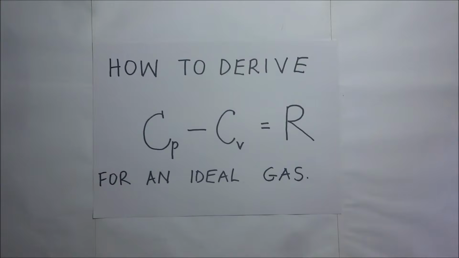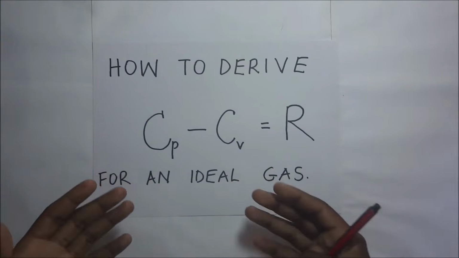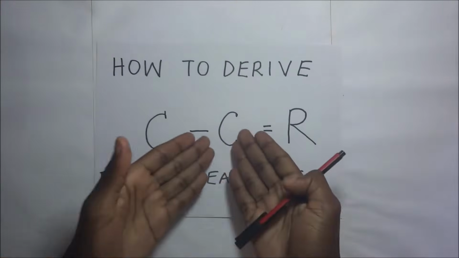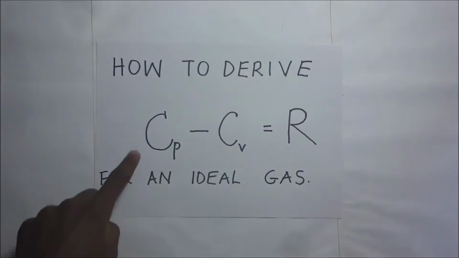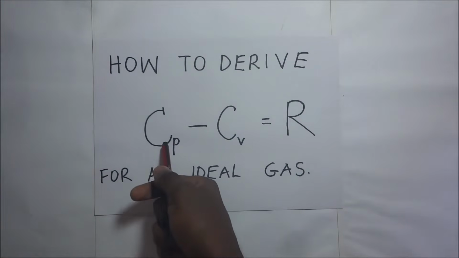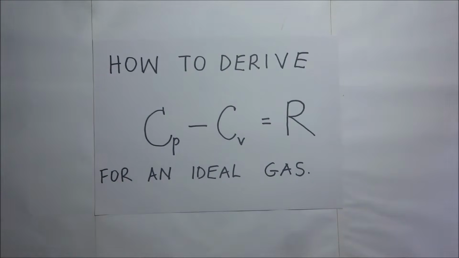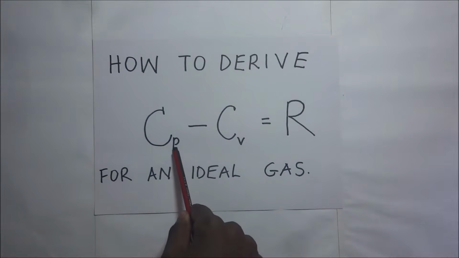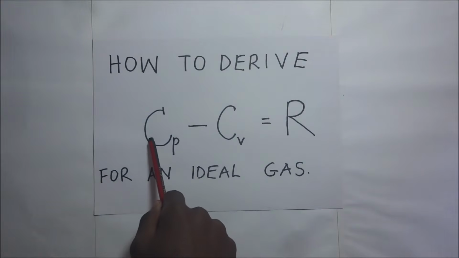Now what does all this mean? Before we get into the derivation, I would like to explain what these two mean. First of all, C stands for specific heat capacity of a substance, and specific heat capacity of a substance is simply the amount of heat that is necessary to raise the temperature of a substance by 1 degree Celsius or 1 Kelvin. So when we say C subscript P, it means we are talking about the specific heat capacity of